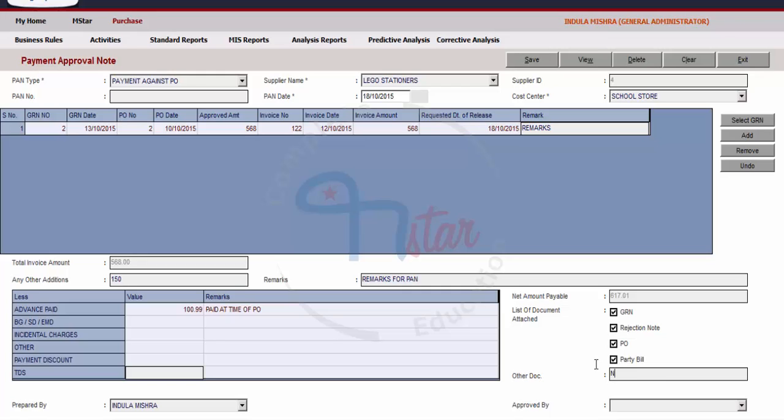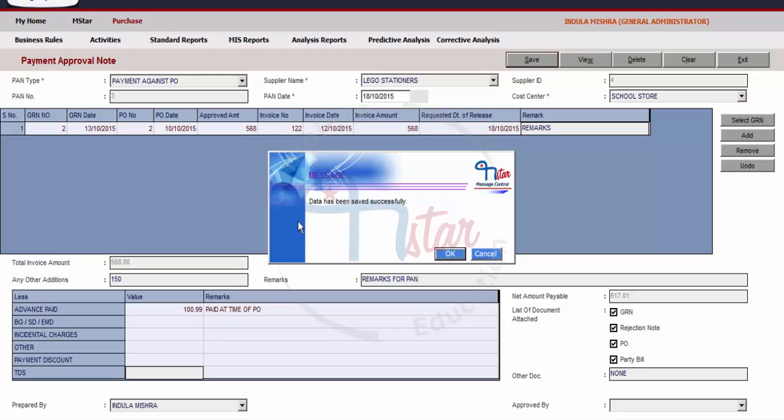Maximum 50 characters can be entered in this field and both text and numbers are allowed, with special characters again limited to comma, dot, slash, dash and plus sign. In the Prepared by field, the name of the employee whose OMV card is used to prepare the PAN gets displayed by default. After entering these details, click on button Save, and the data saving confirmation message is received. Click OK on the confirmation message.